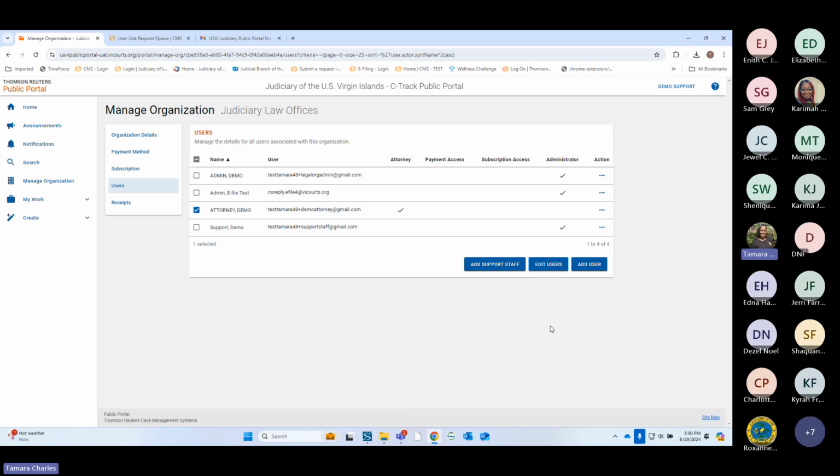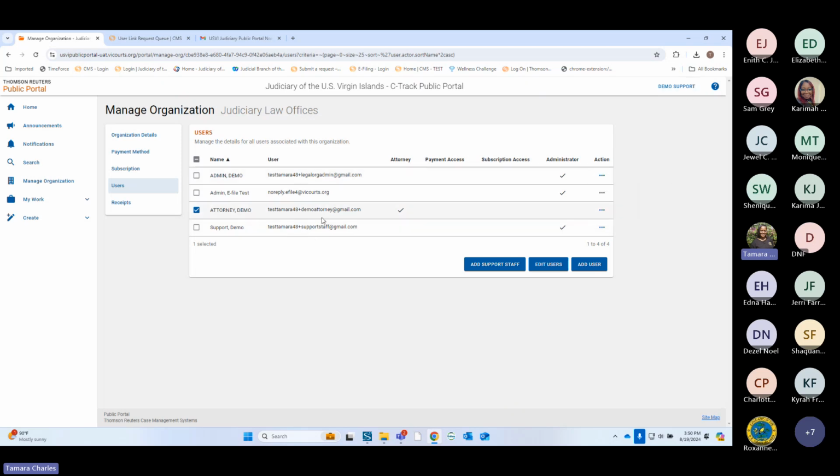During the testing, I'm going to ask that you do things that are either unusual or usual. So if you feel like, okay, this person is no longer a part of the firm, I'm going to remove them. If you want to remove and add two other people, things like that. If you're going to take an attorney out and put in another one, those are things that we expect you to do during the testing.